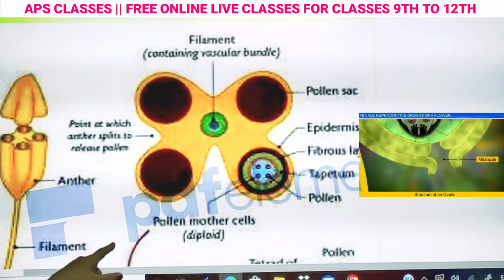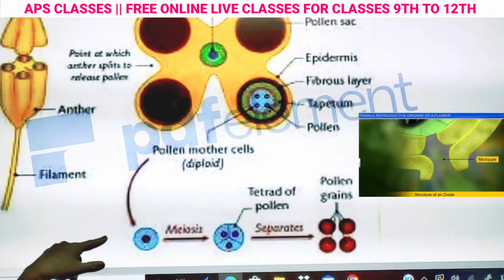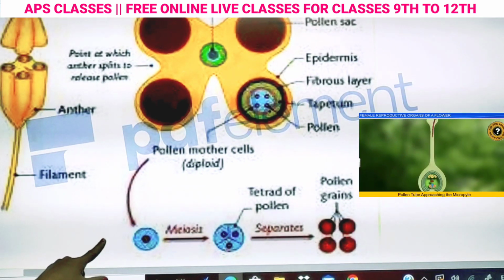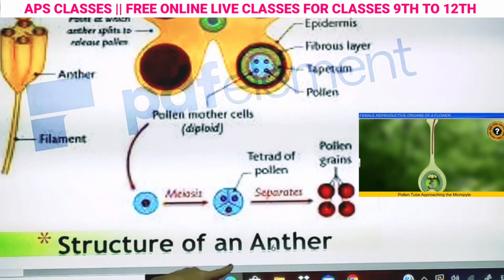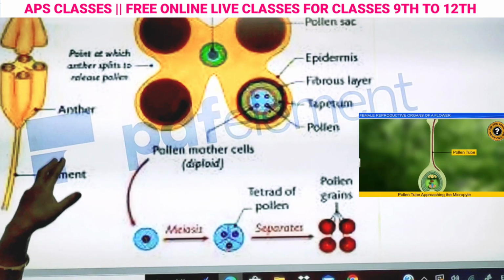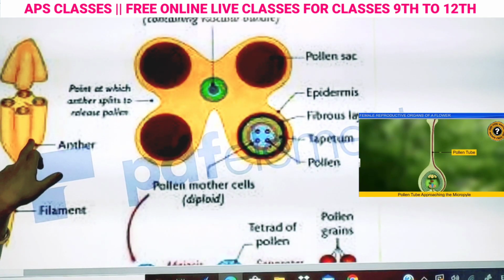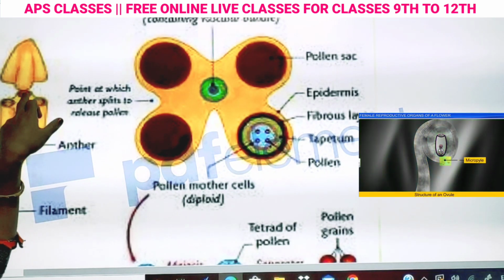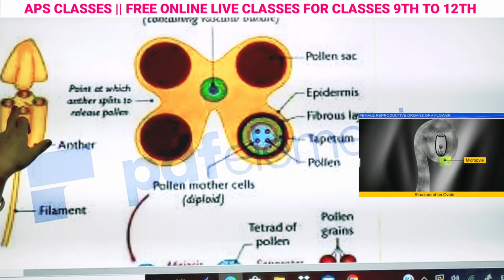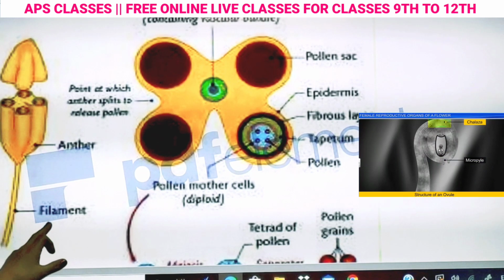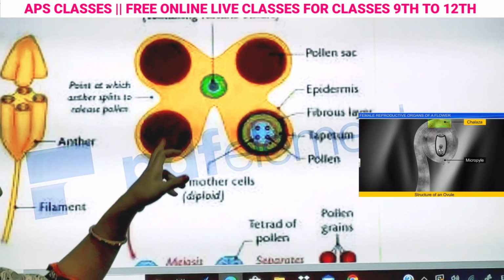Next is this is the diagrammatic representation of the tapetum or the anther. That is the structure of the anther. This is the filament, and after filament there are anthers, and in the anther there are number of anther filaments. They are attached with the help of the filament, and this is the